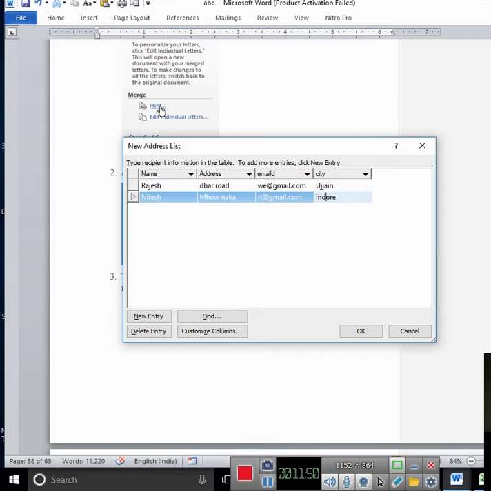Don't go for spelling if it will not correct it. Hitesh, Gandhanagar, Indore. You can keep any n number of records, but I am just here keeping 4 records.